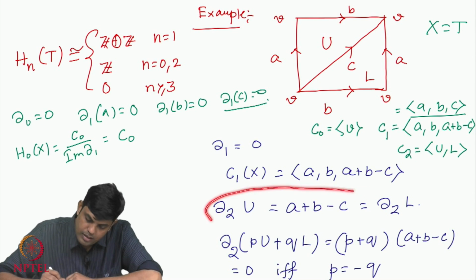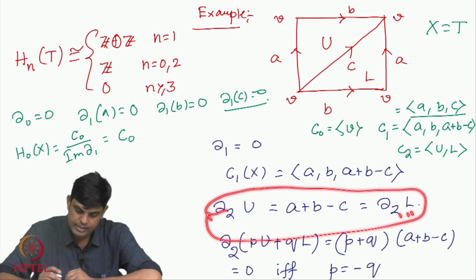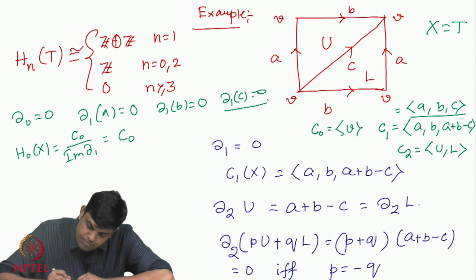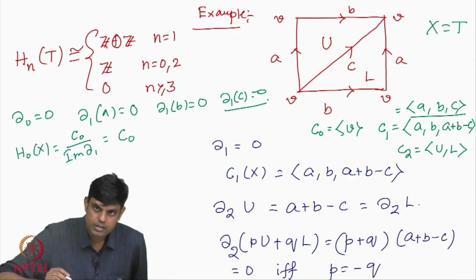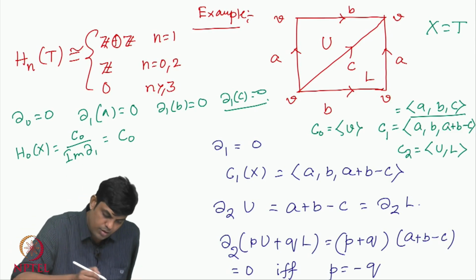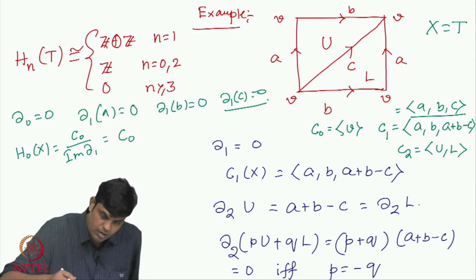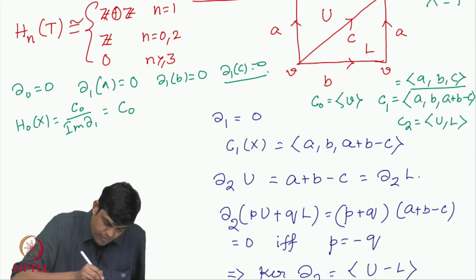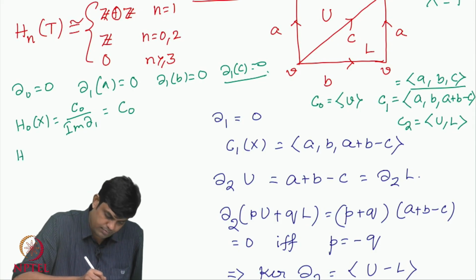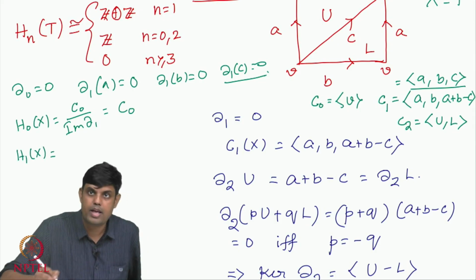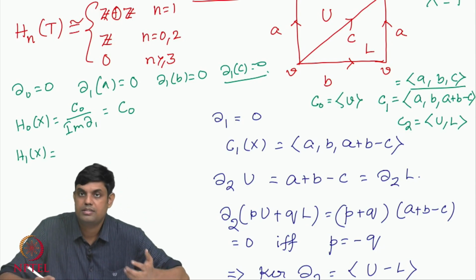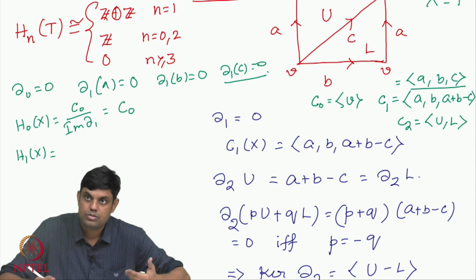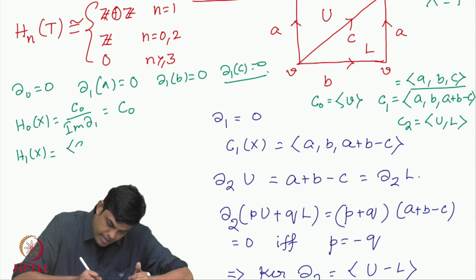So therefore, delta 2 of U and delta 2 of L is, the image is generated by this element A plus B minus C. Okay. So then if I look at H1, so let us look at H1. Okay, this is kernel of delta 1. Delta 1 is 0, so the kernel of delta 1 is everything. So this is C1, this is generated by A, B, A plus B minus C,